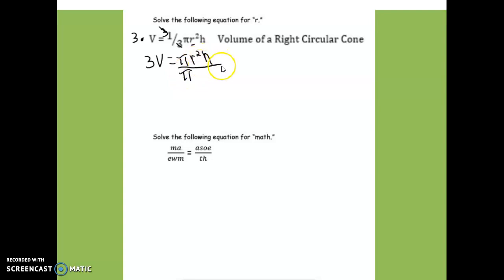And also if I wanted to get rid of the height, I would divide it, right? And they would cancel. So let's go ahead and do that on the other side, right? Let's see what we got left. We got r squared equals 3v